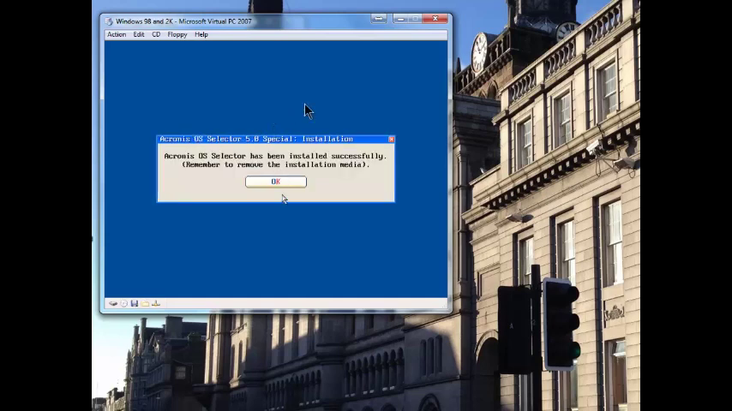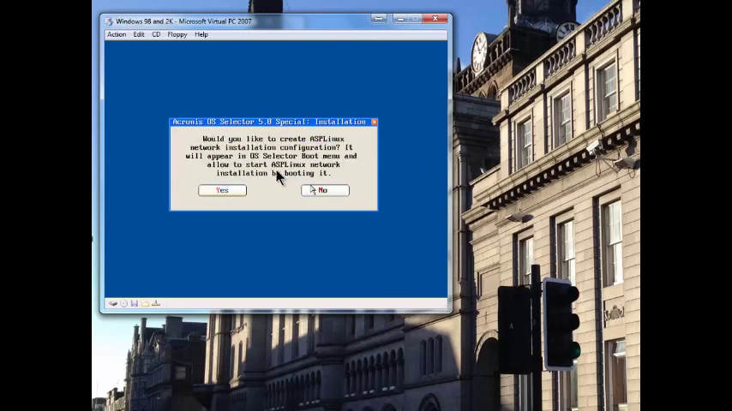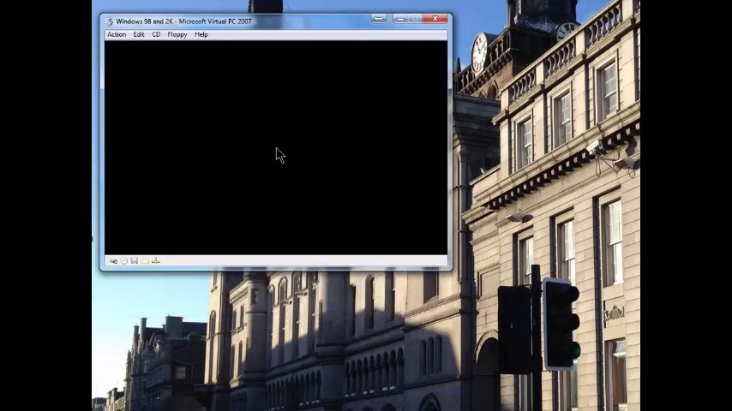Acronis OS Selector has been installed successfully. Remember to remove the installation media, because if you don't, it'll just boot back into setup. There we go. Would you like to create an ASP Linux network installation configuration? It will appear in the OS Selector boot menu, and it will allow you to start ASP Linux network installation by booting it. Well, I am aware that Linux is a superior operating system, but